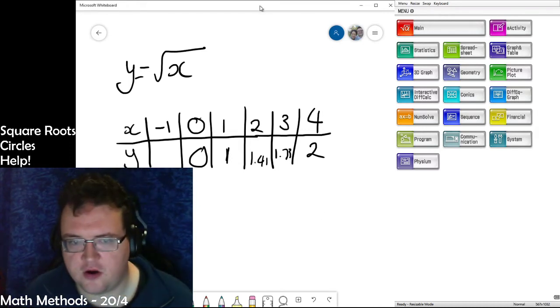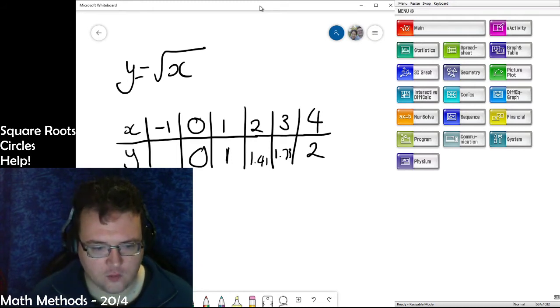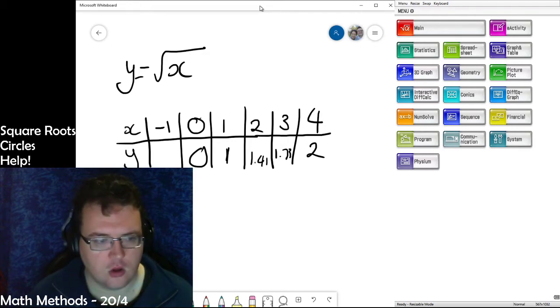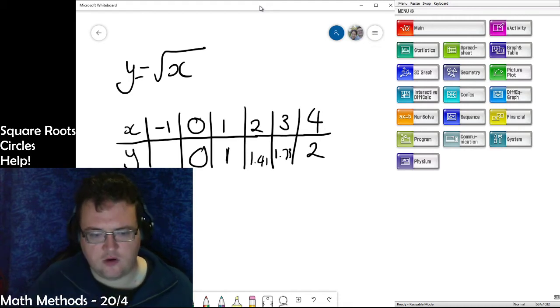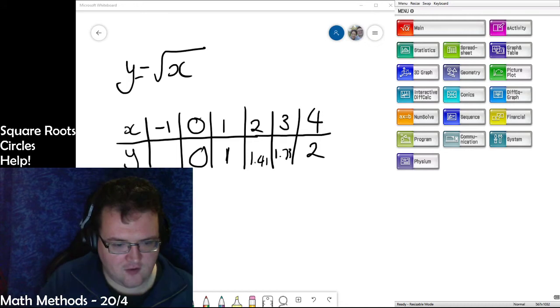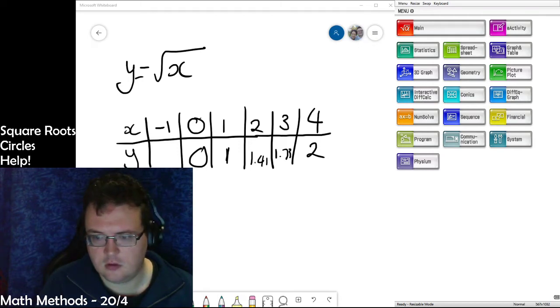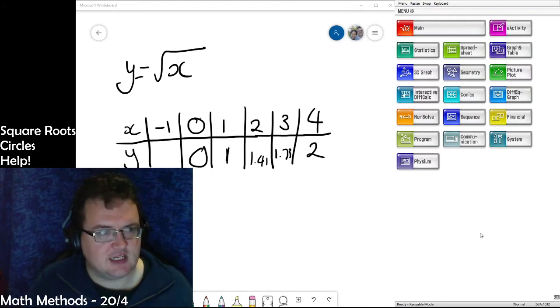Y equals square root of x. If you try and take the square root of minus 1, what will happen? Someone get their calculator out. What happens if you try and do the square root of minus 1? You should get an error. Yeah, math error. All right, so if we get the CAS calculator out,